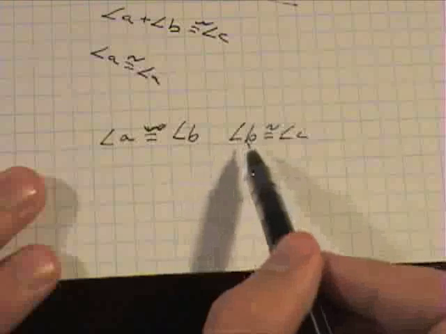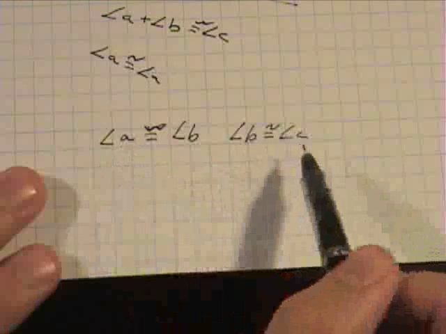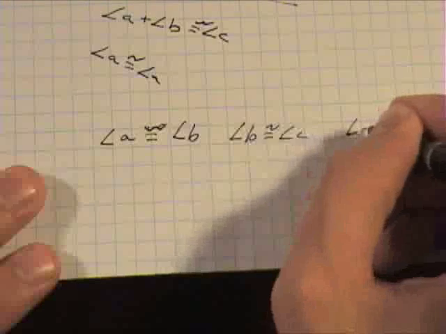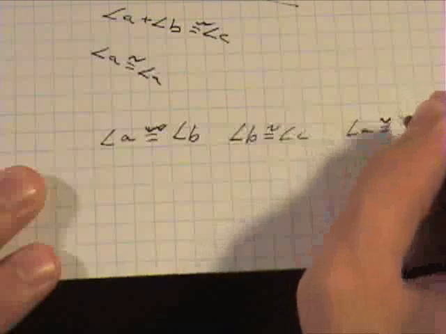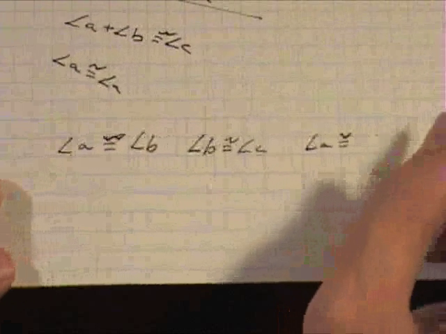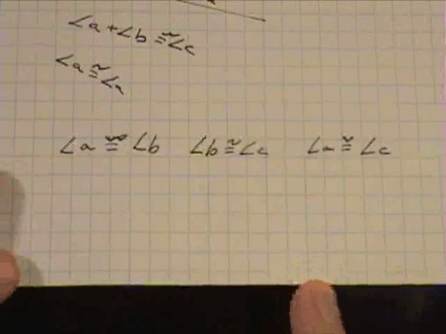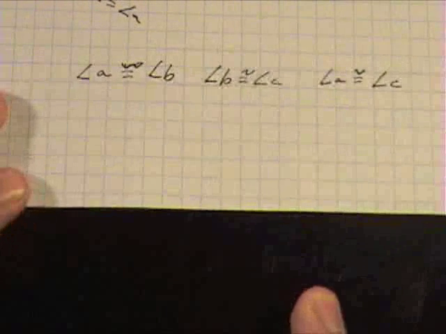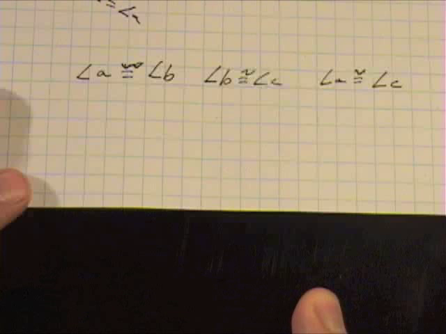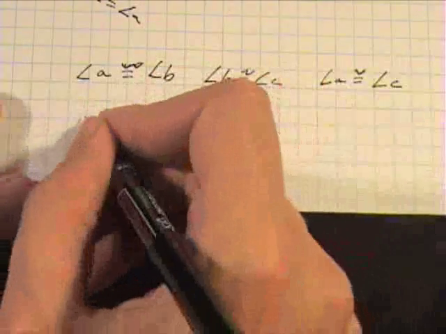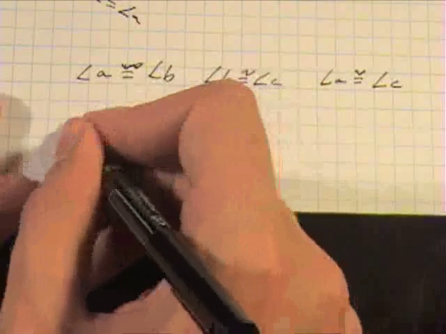Well, by basic logic, A should also be congruent to C. That's the transitive property. So angle A is congruent to angle C. That's the transitive property, and then you have the substitution. That means that if both of these measures